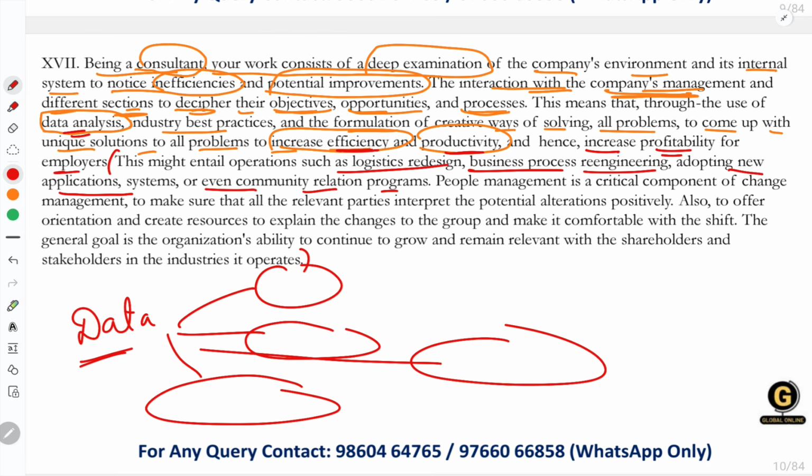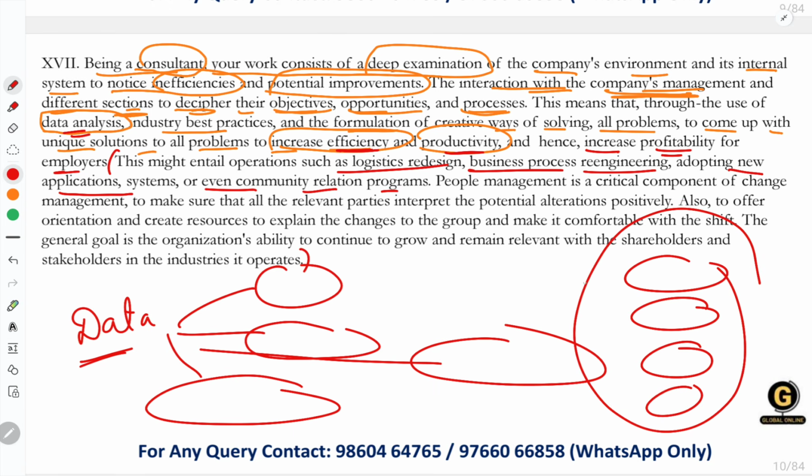What does this mean? When you understand that the company is having such problems, based on these problems we can make changes in logistics, whatever the supply chain or the process chain is. The way a particular process has been running in the company, that is nothing but the business process. And we can re-engineer the process. Business process re-engineering means what, guys? For example, we are